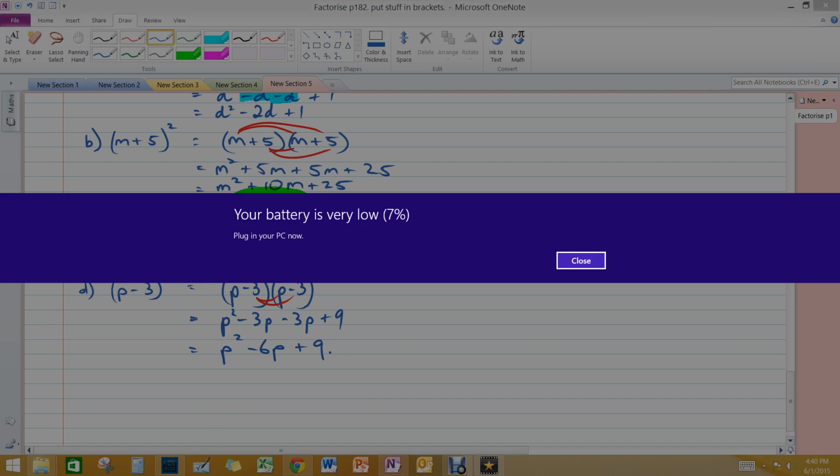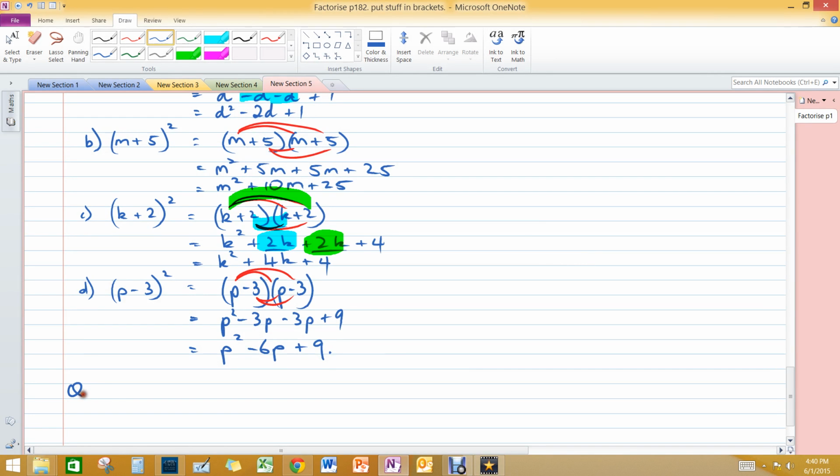Alright, now one thing I might just point out is in question 6, let's just have a quick look at question 6 now. There's what's called the difference of two squares rule. And that's where we have something like this, m plus n, and then we go m minus n. So everything's the same except this plus sign now turns into a negative sign. So we can still just use the distributive law to multiply that through,